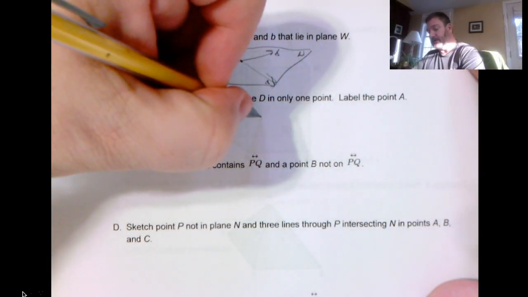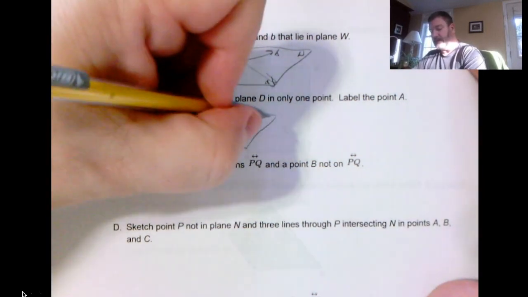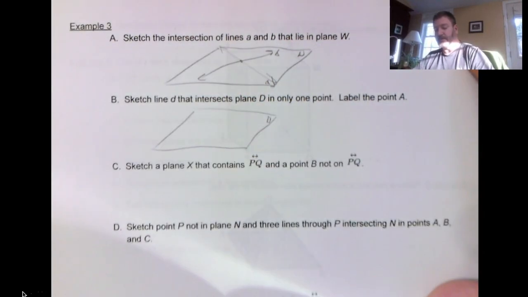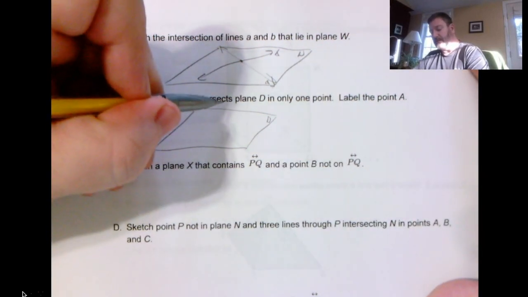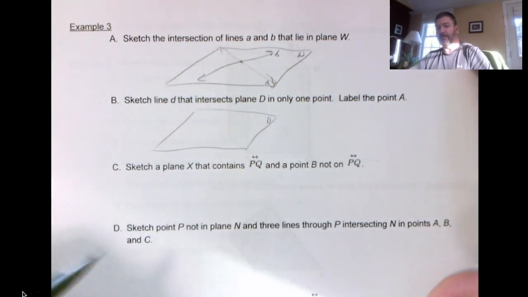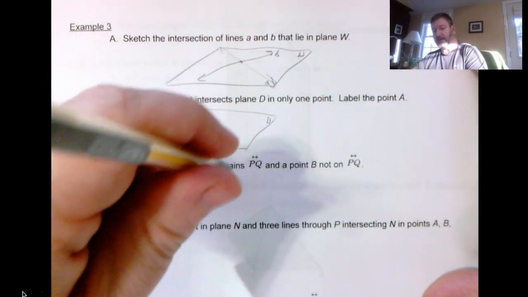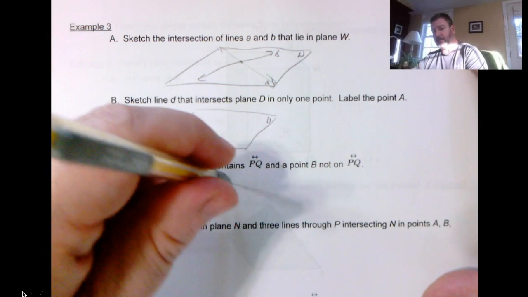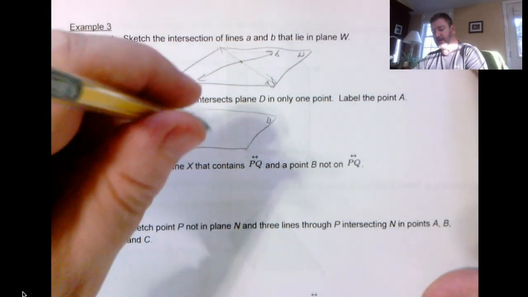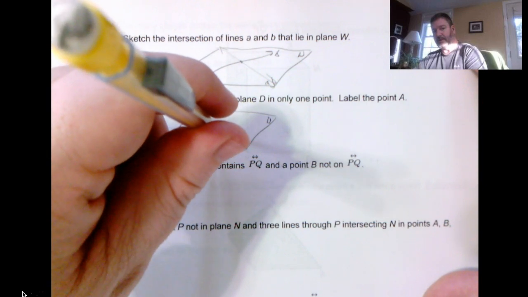And again, I'm going to start off by drawing plane D, capital D. And then I'm going to have a line that's going through plane D. So imagine that this plane D is like this paper right now, and the pencil is like line D. The pencil is touching that plane at just one point as it goes through plane D